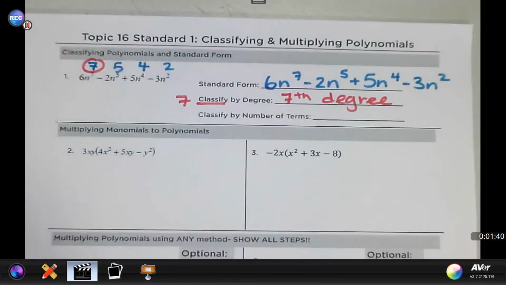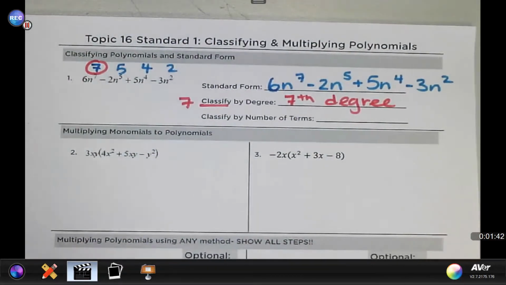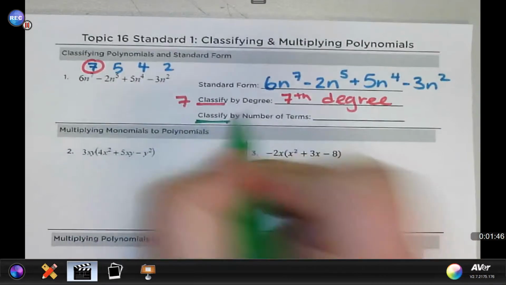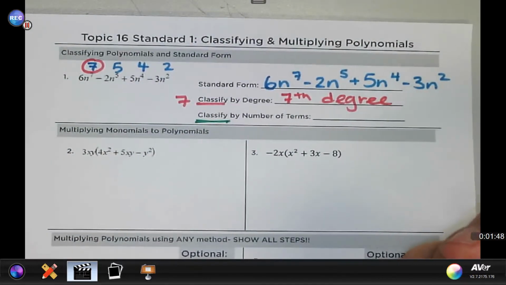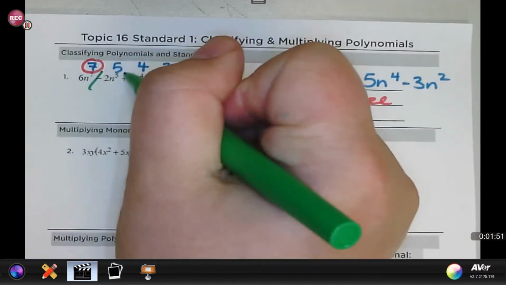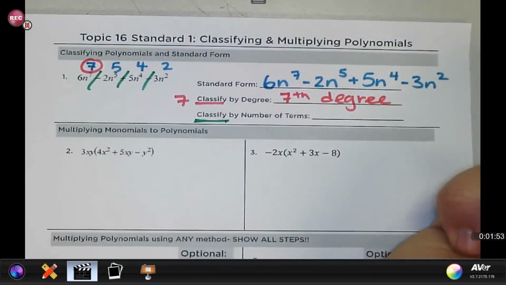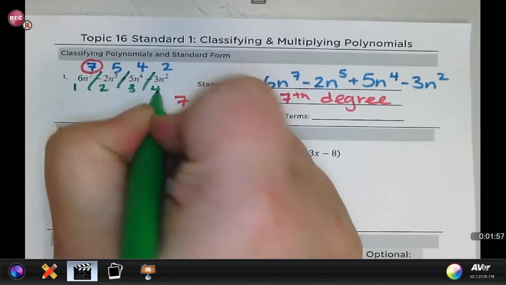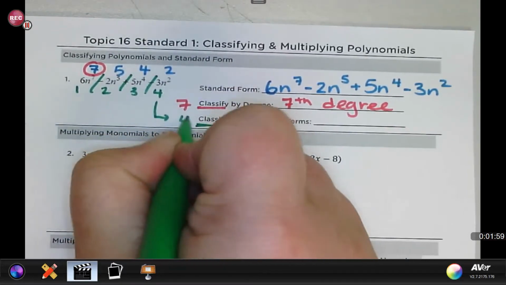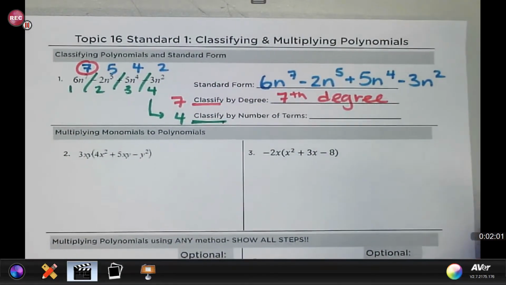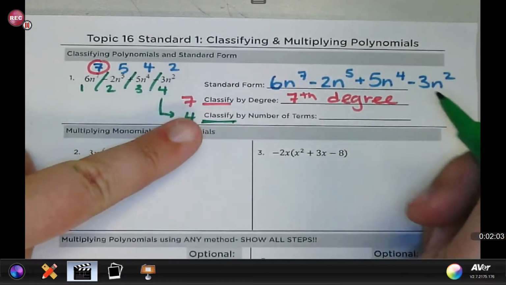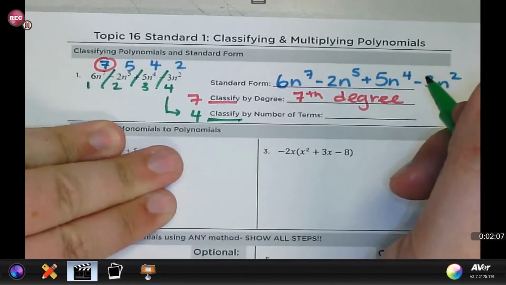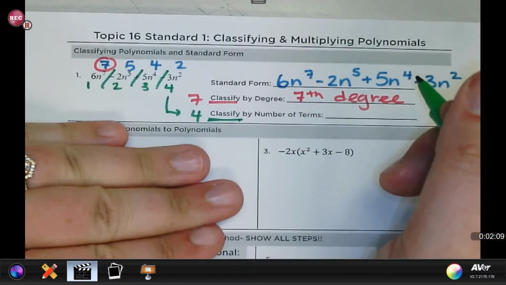Okay, and then lastly, classify by the number of terms. So terms are determined or separated by plus signs and minus signs. So if I put slashes between the plus signs and the minus signs, I have 1, 2, 3, 4 terms. And again, you have a table for this. If there's one term, it's a monomial, 2 is a binomial, 3 is a trinomial, and then 4 or more